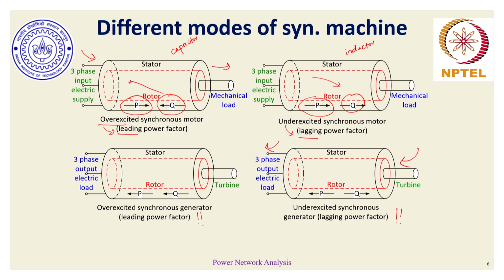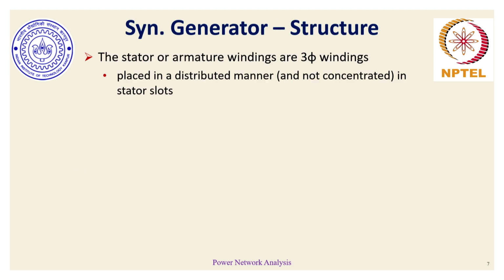The reactive power can be delivered as well as absorbed depending on the level of excitation. So coming to our first element, which is the stator windings or armature windings, they are usually three-phase windings for three-phase machines, and unlike the notion of these windings being placed at a few concentrated slots in the stator core,